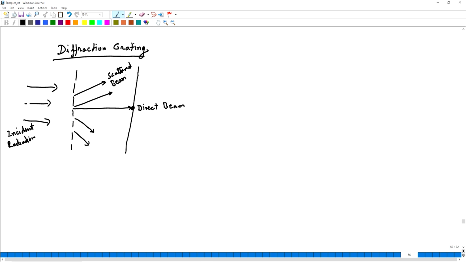Now, the scattered beam also will fall on the screen and produce some intensity. Whether that intensity is finite or not depends on what is called the phase difference or the path difference of the rays that are coming out from the various slits in the diffraction grating. So, if I get a finite intensity, I will get another spot, which is what we call a diffraction spot. Now, under what condition a scattered beam will have a finite intensity or not, we can do a calculation of the path difference.